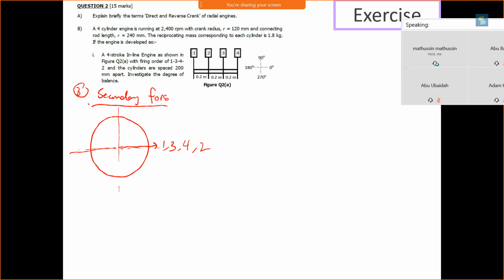Okay. So 1, 3, 4, 2 dekat situ. Jadi, kedudukan dia 1, 3, 4, 2 pada position yang sama. Same position, meaning to say this one we call as we have unbalanced secondary force. Okay, betul. Because dia tak balance, sebab dia hanya